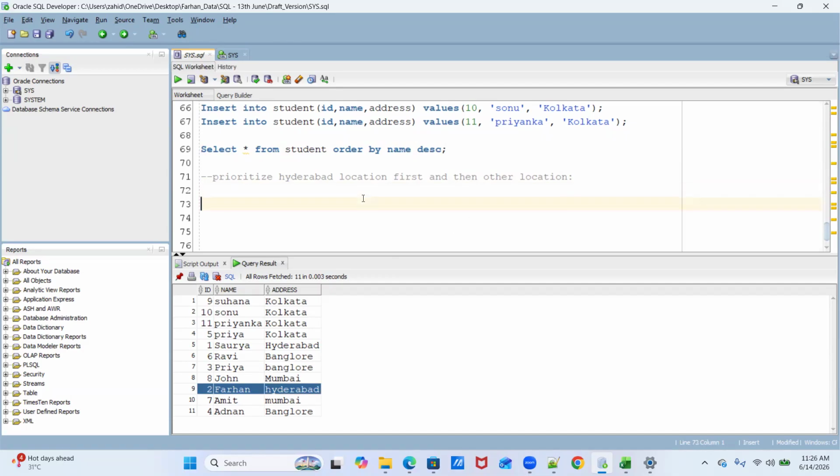So how can we do that? That is also one kind of sorting, the advanced level of sorting. There is simple sorting, order by name or order by any column name, ascending, descending, and then there is advanced sorting. You want to prioritize some specific value, and then post that you want the other values to be sorted in ascending or descending order.